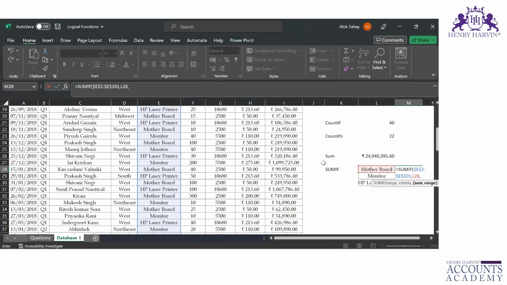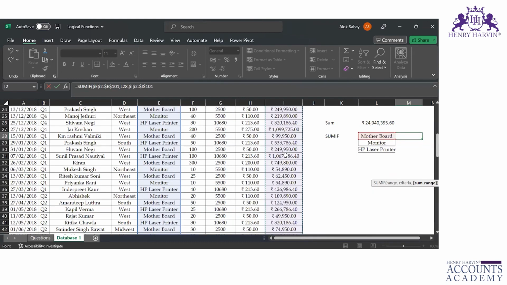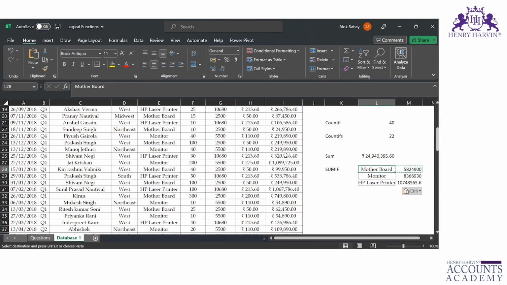And then after that, you need to set the sum range. So this is the sum range, because this is the range you need to add. Okay, so I selected the sum range. I have closed it, enter. So this is what you are getting: the sum of the total prices of motherboard, the sum of the total prices of monitor, and the sum of the total prices of